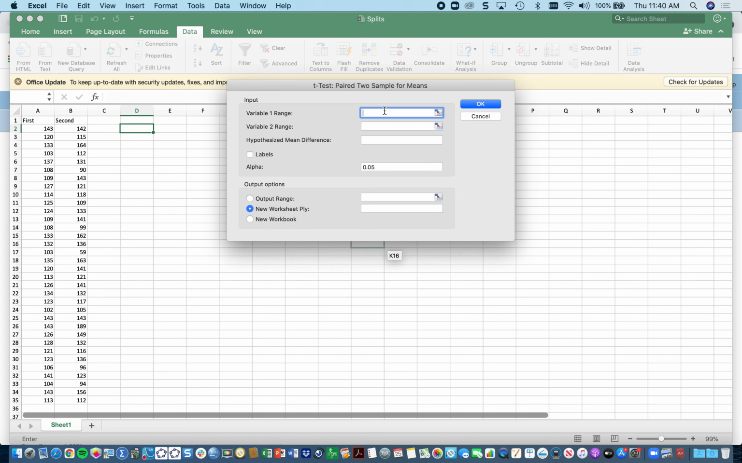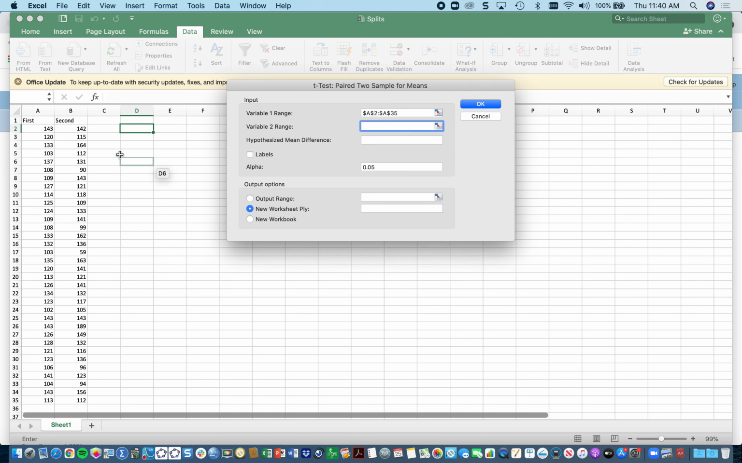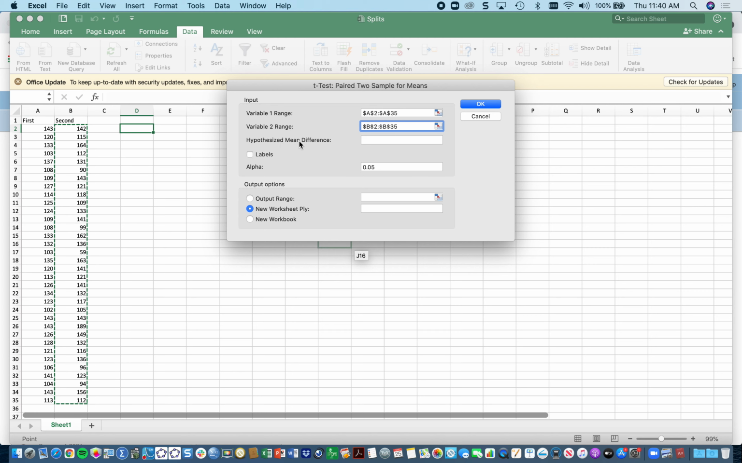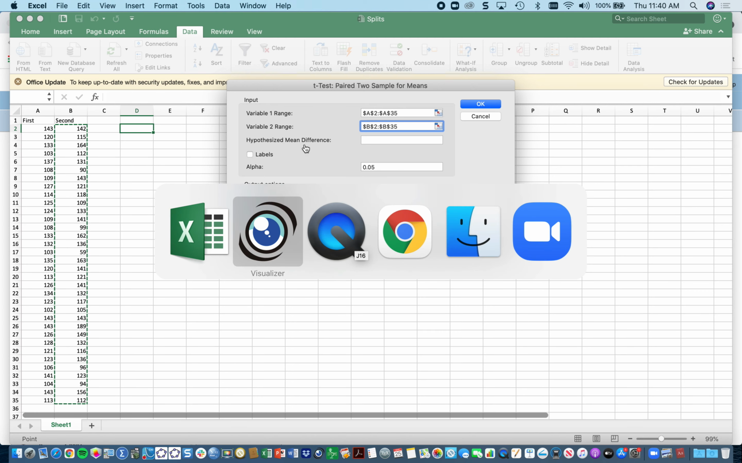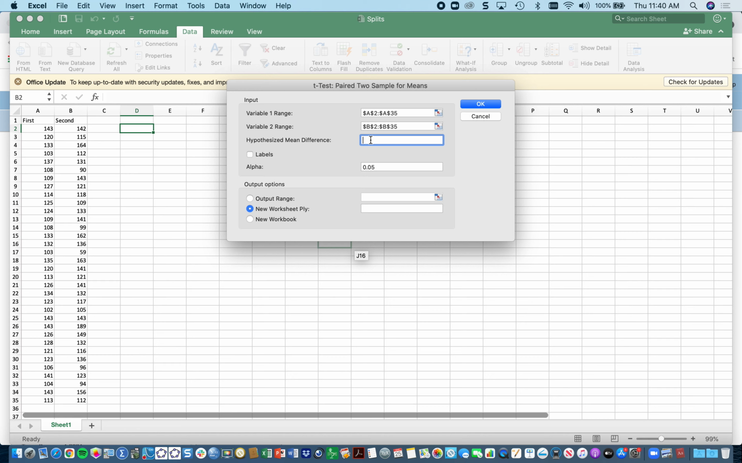And then it's going to ask you for what is your first variable. So the first variable is going to be the first half of the race. So just paint those numbers. And then the second half of the race. Okay, and then this is asking for the hypothesized mean difference, and if we go back to here, that hypothesized difference is 0 in this case. Okay, and then we'll set the alpha level to be 0.05, and then we want to put the output somewhere. All right, so to put the output somewhere, I'm going to click in this box and just say, let's put the output just right here. Okay, so now when I hit OK,